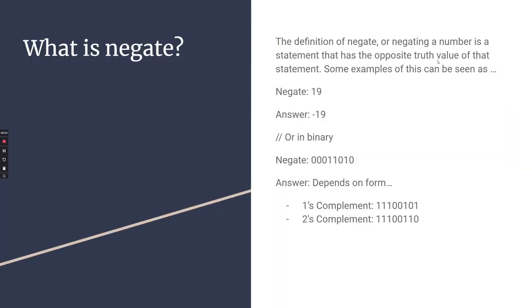So, what is the process of negating? The definition is a statement that has the opposite truth value of that statement. Some examples of this can be seen as negating the number 19, which would simply be negative 19,